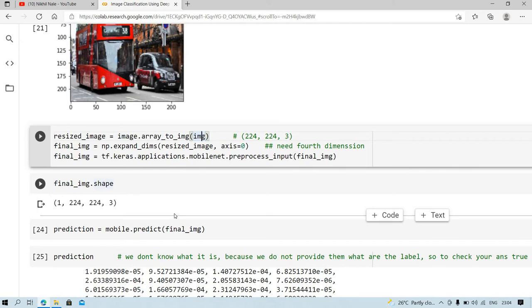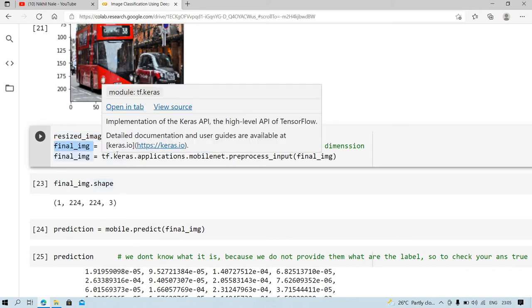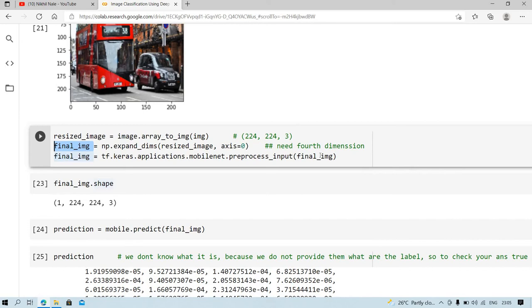Our deep learning model needs a 4 dimensional input for prediction. For that, from NumPy I will call the method expand_dims and pass the argument resized image and axis equal to 0, and I will give this final_image as the input to the MobileNet model.